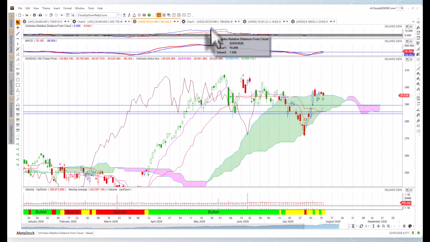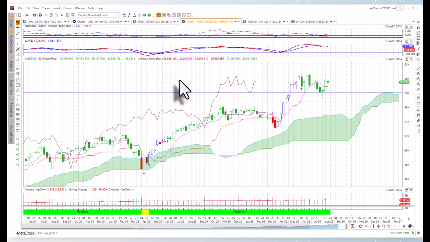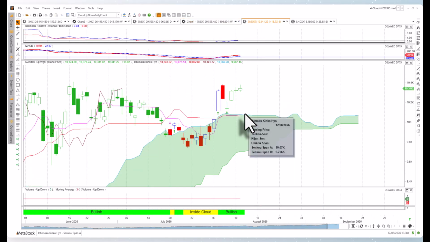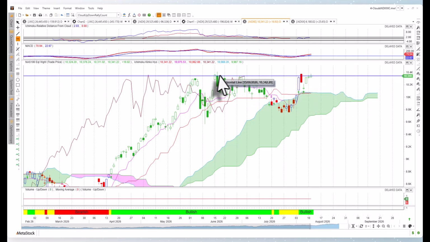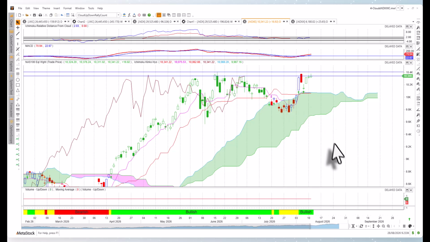Now looking at the NDX index, the Nasdaq 100 equal weighted index. Let me just get there. There we go. That's in much better shape than the Nasdaq 100. The equal weighted index is now very close to the upside resistance targets there. We can see these old highs there, trying to get past that, as well as this top end there. So the equal weight index is in much better shape than the Nasdaq 100,